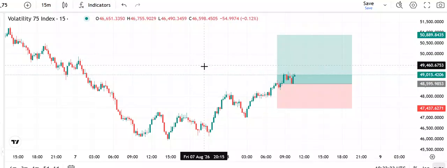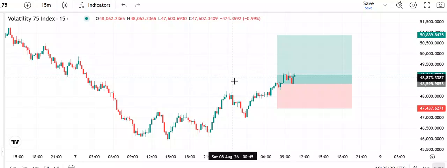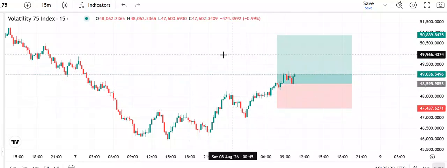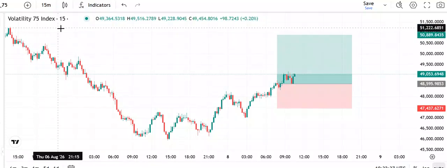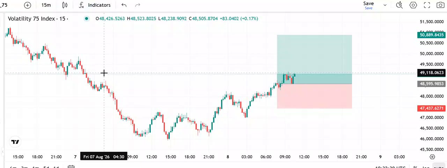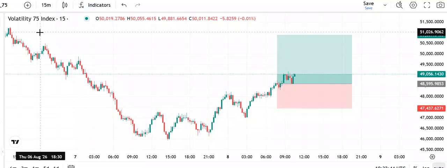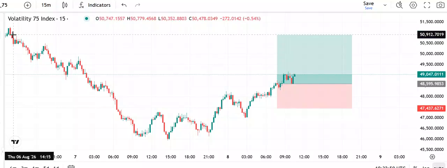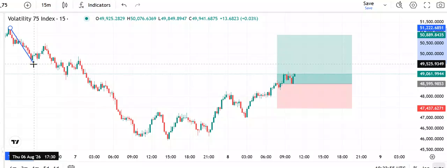This video is about explaining how I got this particular trade setup. For your information, this is Volatility 75 index on 15 minutes time frame. What I did was first to observe the trend. Now, market trend as at this side of the chart